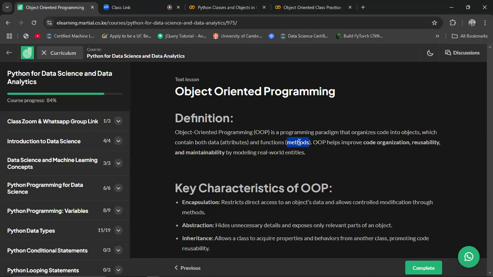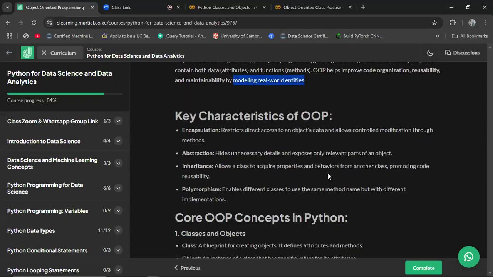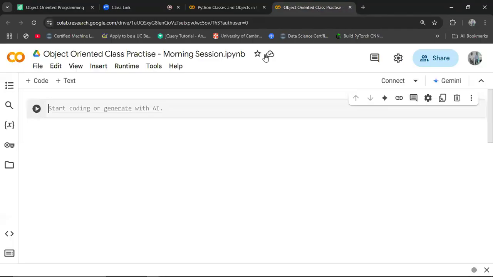So basically, in object-oriented programming, in summary, we are trying to model real-world entities as objects by defining that these objects have properties and methods. So let's write that one. I think that is very important to understand because it's actually the most confusing part in OOP. So we can now say that